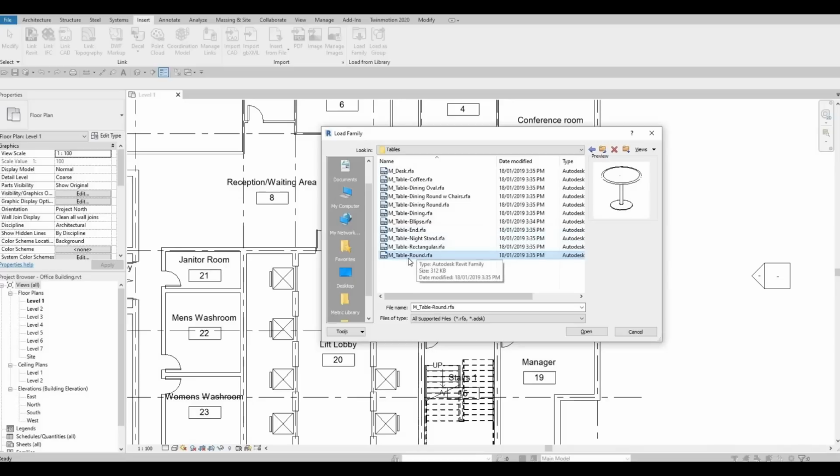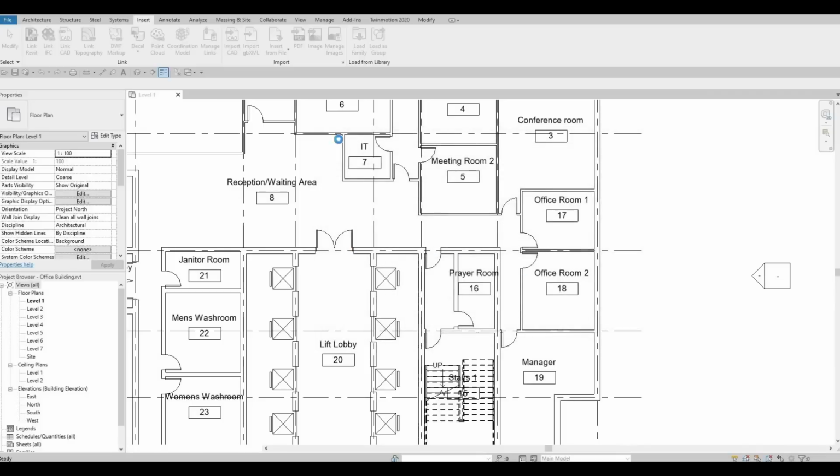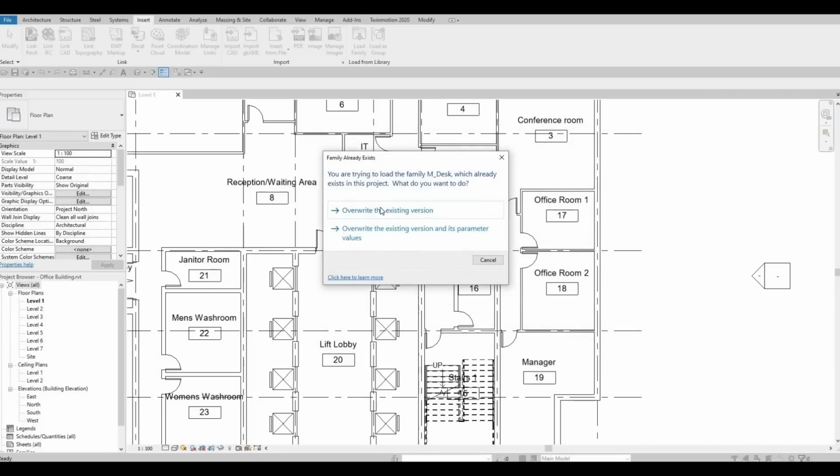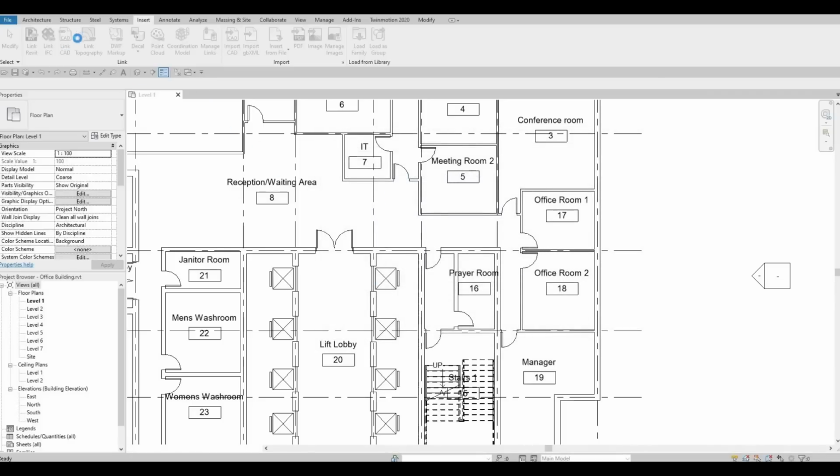So just a couple of chairs. We could add in the table round as well. And then I'm just gonna highlight this by holding on control button and then choose whatever you want here. What we could do is we could just press open and then override the version. I believe, yes, it's already inserted. To see it,